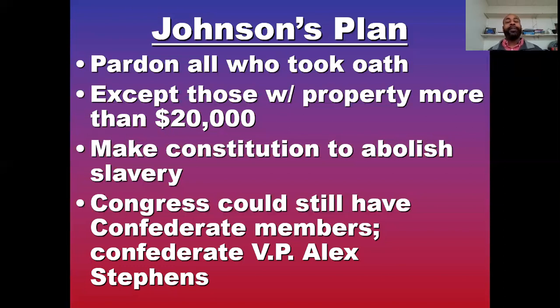So you see 3 different plans, and the only one that passes is the congressional plan. Congress goes with their plan. They didn't like Johnson's plan. They said it was too soft and it's political, right? Because it's really favoring Democrats. Lincoln's is too nice because, you know, somebody's got to pay for this stuff. And how do we get people to pay for it? Well, we need to educate the freedmen and find a way to elevate them and let them rebuild the South.